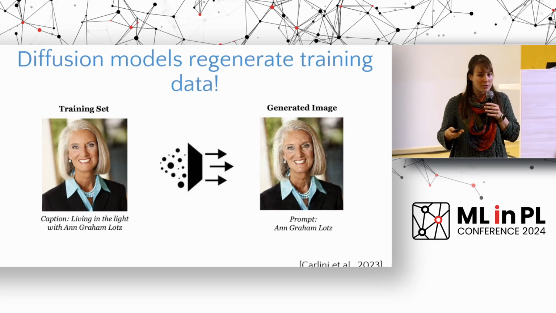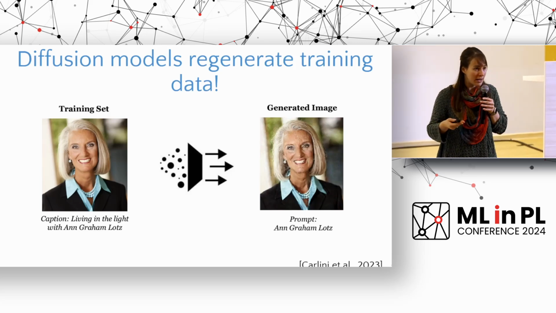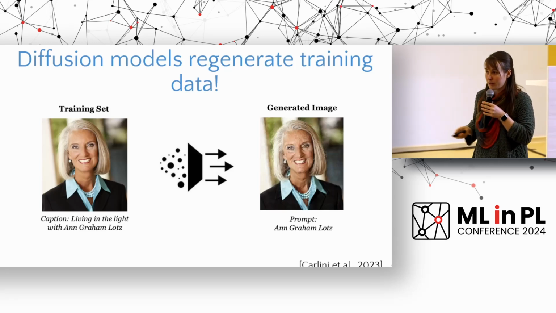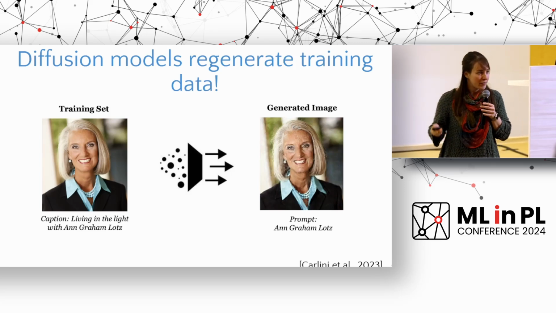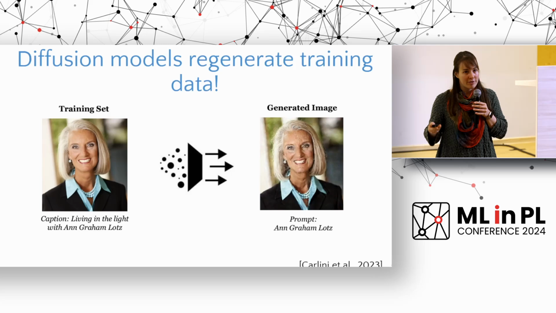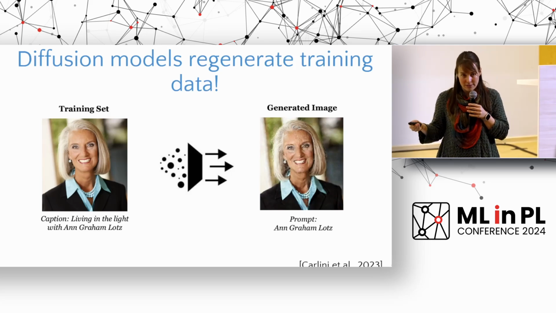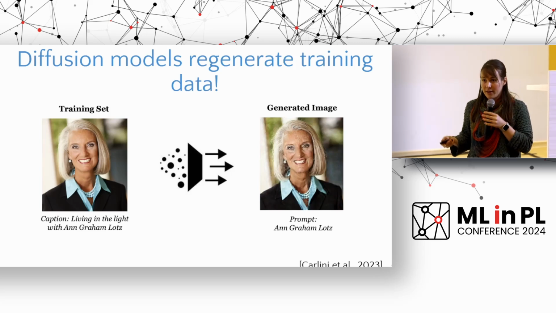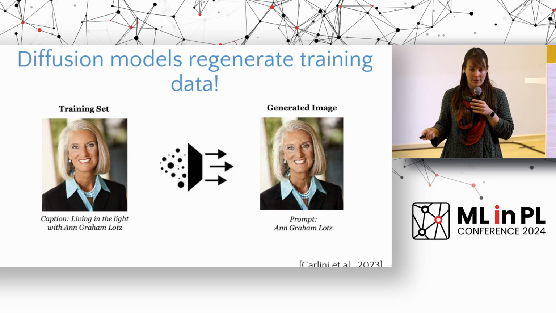I think the first problem is rather obvious. It is a privacy problem, because probably you do not want anybody on Earth being able to generate your face exactly like on your image. And the second problem is a problem of intellectual property. It goes actually beyond individuals, but you can imagine that artists generate their images, and of course they want recompensation for that. And now the diffusion model is able to actually one-on-one copy their images if it was trained on them. So that is of course a severe issue, and we really need to mitigate it.